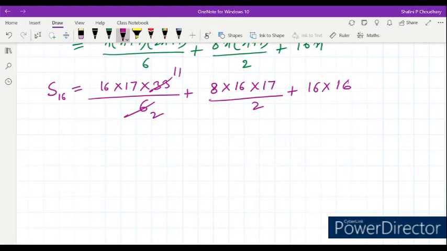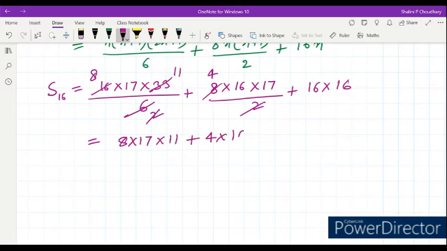or we can write directly. So 16 multiplied by, or we can divide this, 16 can be divided by 2, we'll get 8 here, and this will be divided by 2, and we'll get 4. Or we can divide this 16 and we'll get 8. Okay, so 8 multiplied by 17 multiplied by 11 plus 4 multiplied by 16 multiplied by 17 plus 16 multiplied